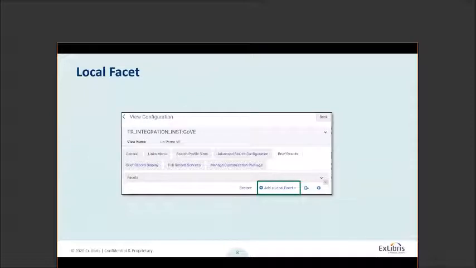For local fields that have the Enable Field for Facet checkbox enabled, you can go to the Brief Results tab in View Configuration and add the field as a local facet. You can then go on to place the new local facet in the desired position in the Facet section at the right or left of the results list in Primo VE's view, and define which search slots will offer this local facet. This too was discussed during the first GoVE